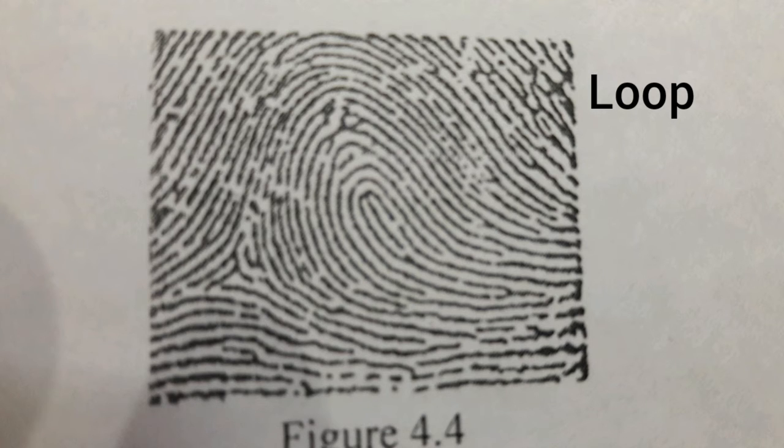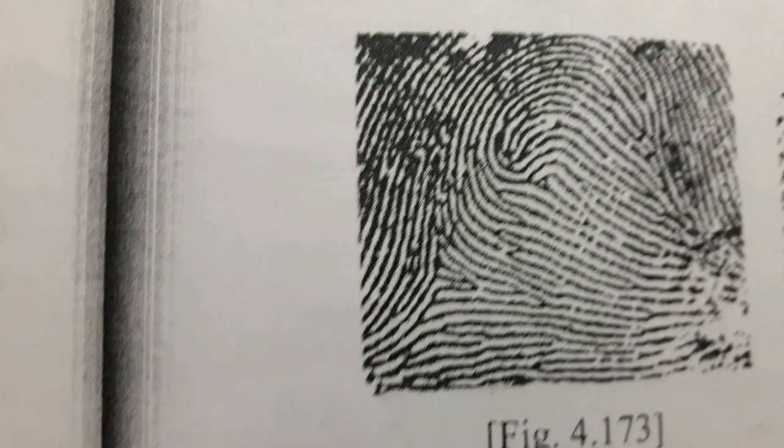It can be a twin loop, a lateral pocket, or a central pocket. So what are they? A central pocket is a combination of whorl as well as loop. There are 2-3 whorls in the center, and there are so many loops surrounding these 2-3 whorls. So we can say that there is a small pocket, a small whorl, and there are large ridges which are forming the loop in the case of a central pocket.